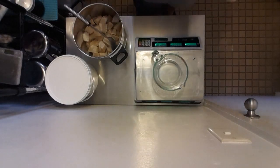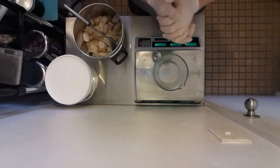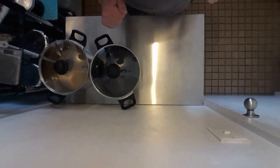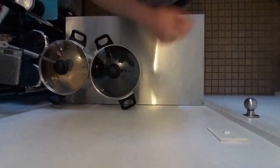And that's it for today's bar recipe, so stay tuned and let's get soaping. Right, so before we get started, I just want to point out that this is a very fast moving recipe